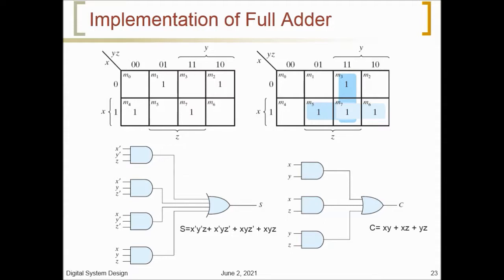The S output from the second half adder is the exclusive OR of z, and the output of the first half adder, given as S is equal to z exclusive OR x exclusive OR y. The carry output is C is equal to x y complement z plus x complement y z plus x